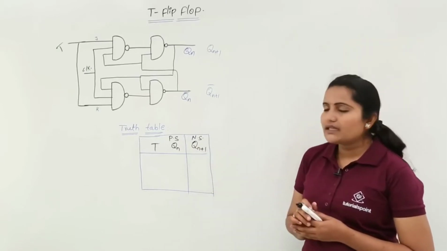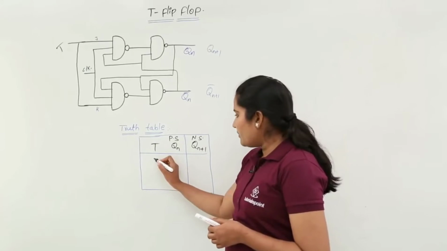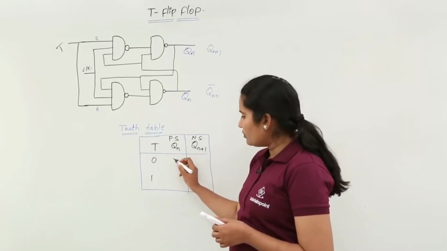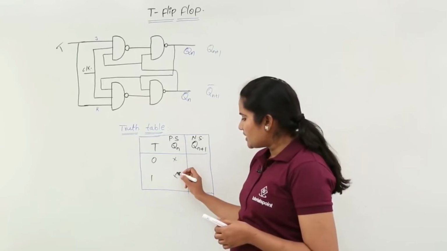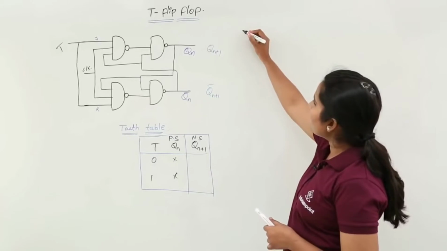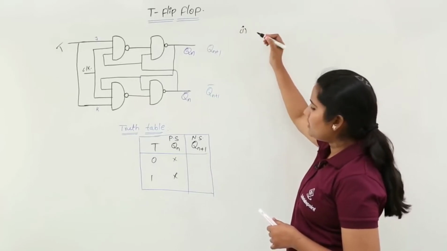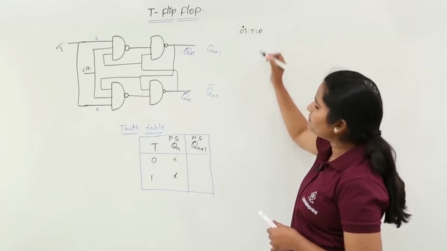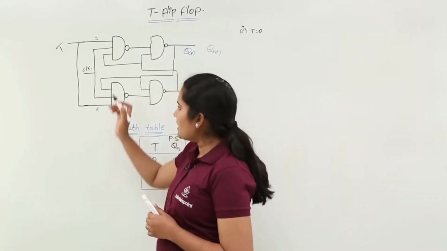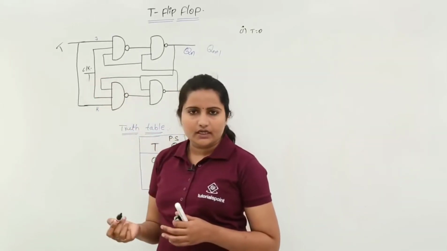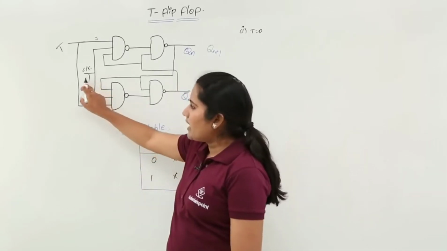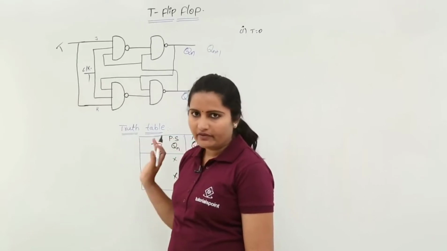Now we will see the operation here. T may be either 0 or 1. Here your Qn, you do not know your present state, so just now I am writing do not care. I am taking case 1, that is equivalent to T equal to 0. If T equal to 0, every time the clock must be equal to 1, otherwise the flip flop will stay in the same condition. That is why I am taking clock as 1 to trigger my flip flop.